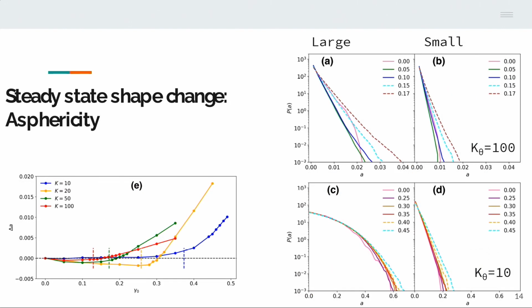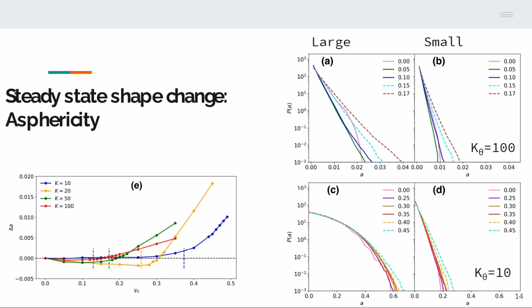So now, what happens to the shapes while all this is happening? We quantify the shape change by asphericity. If we plot the distributions of the asphericities for both large and small rings, and rigid and flexible rings, we see that beyond the threshold value of the strain amplitude, there is significant fattening of the tails. In other words, there are more and more aspherical shapes, and maybe this will become more clear in this other plot